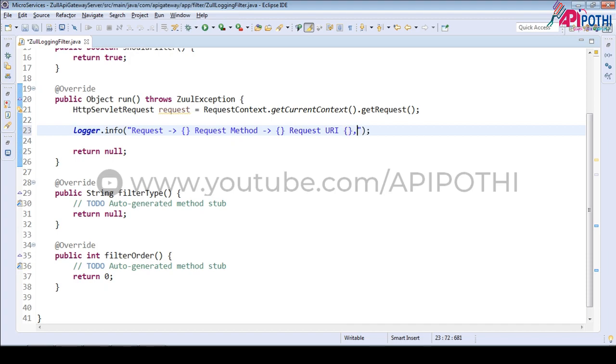Third one, the request URL. URI means half, URL means full.